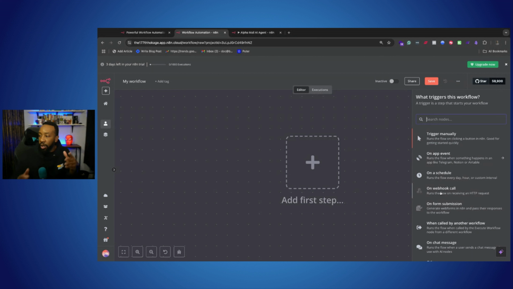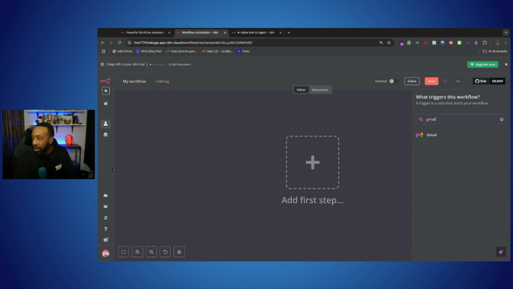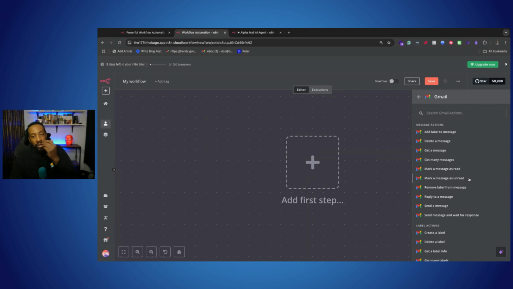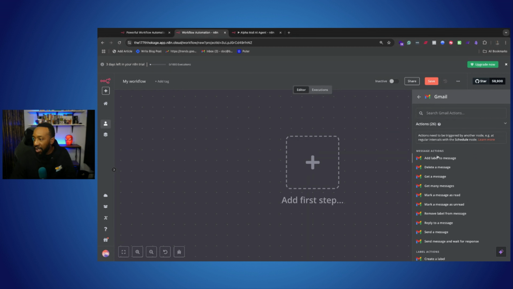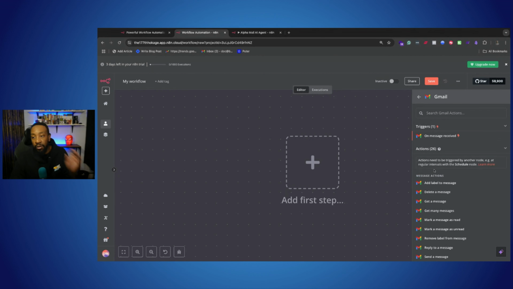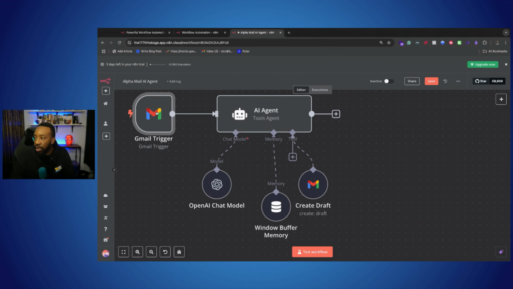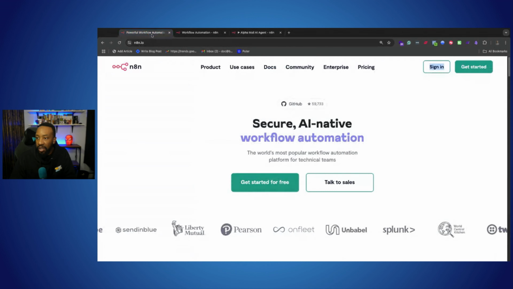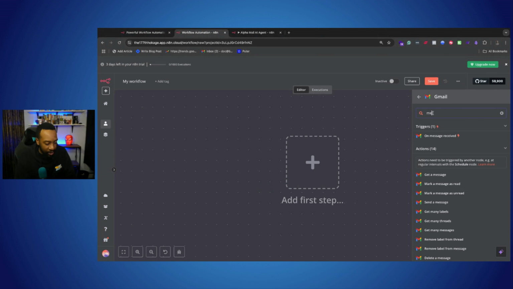So the first thing is, what do we want to happen? What are we looking for? So for example, if we want something in Gmail, we could click Gmail, and now we have all of these different actions that we could have when something happens in Gmail. For example, we can say when we delete a message, get a message, get whatever it is. So this is really breaking down what's happening for you to go with your trigger. Now, the first trigger we have here, we're going to have message received, right? So every time a message is received,